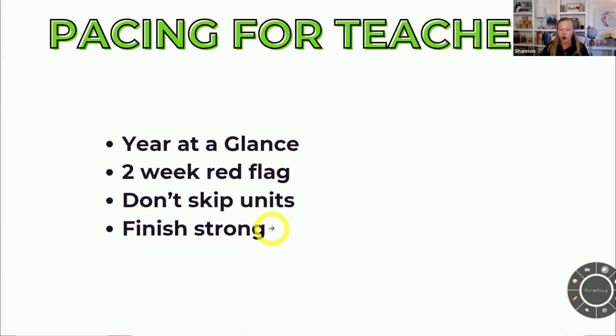It's the same idea here, that if we don't really have an idea of where we're at and where we're supposed to be, it just keeps us in this state of fear and anxiety, and a lot of issues come from that. So we want to make sure that we have a year at a glance. What that basically means in the short version is you take your school calendar and you map out your units for the whole year. I have a step-by-step guide on how you might do that. But when you pace out for the whole year, you have a general idea.